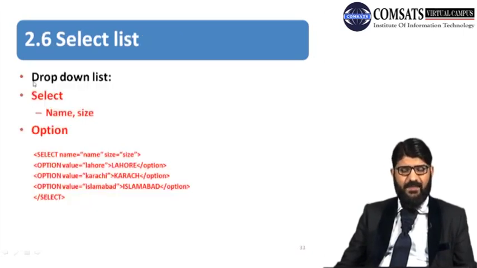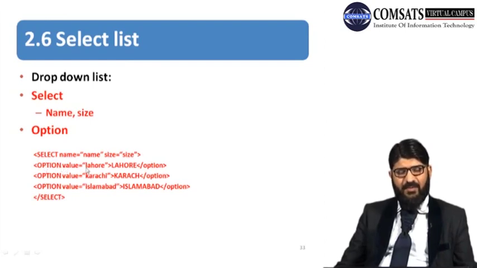So moving onward, drop down list. In the drop down list we have to specify name and size and the options that are provided in the list. So list is another form element that is provided to the user to give his input from the selected options, and the options are already available to the user. For example, select name equals name, size and mention, and in this format the options are provided.